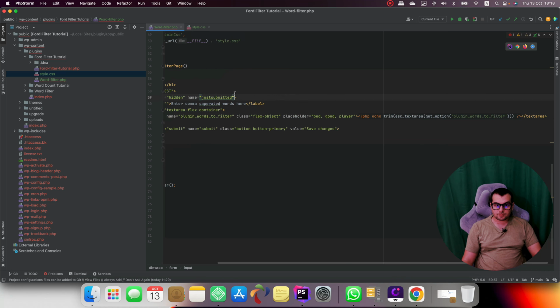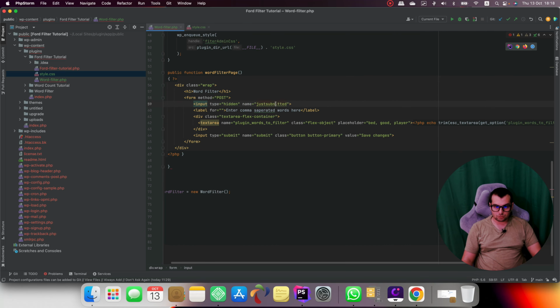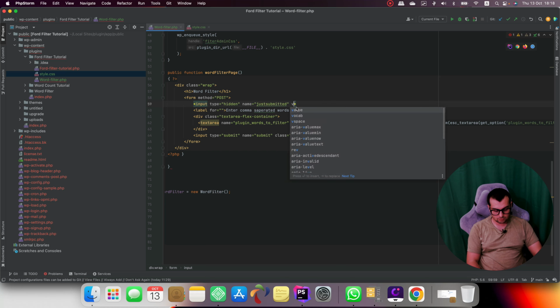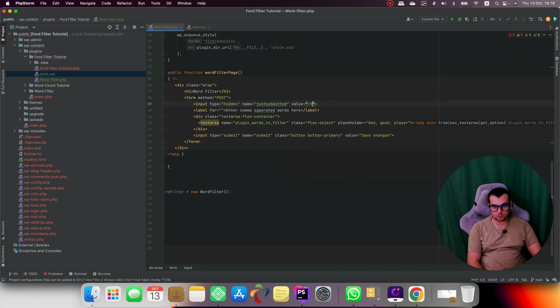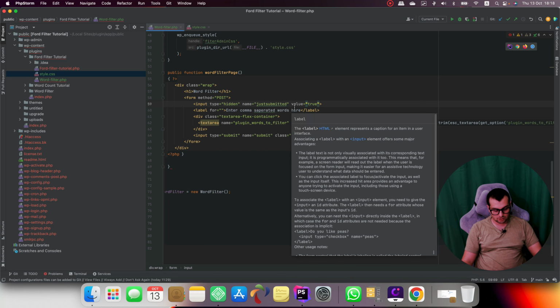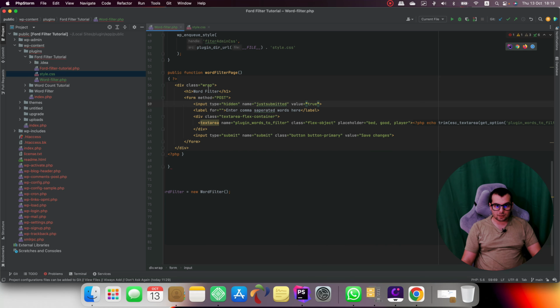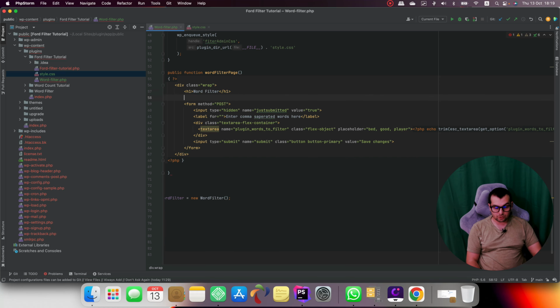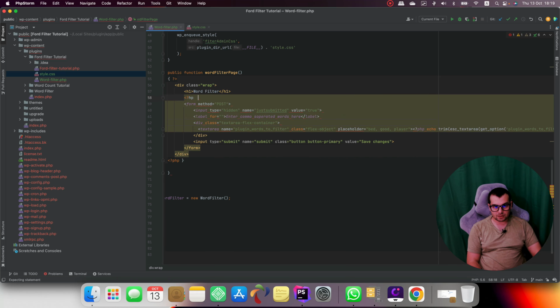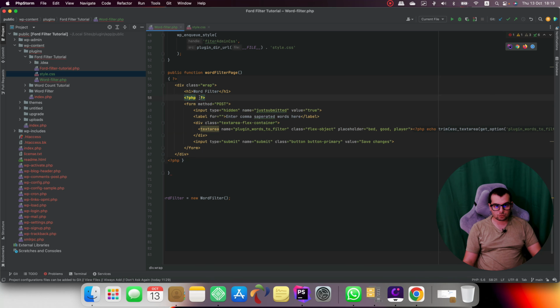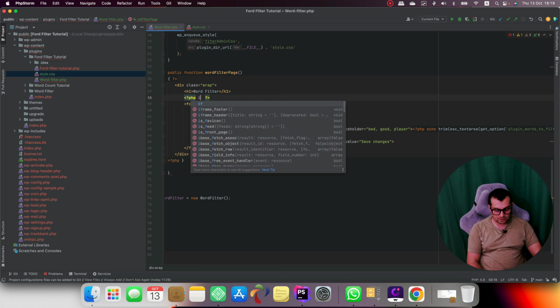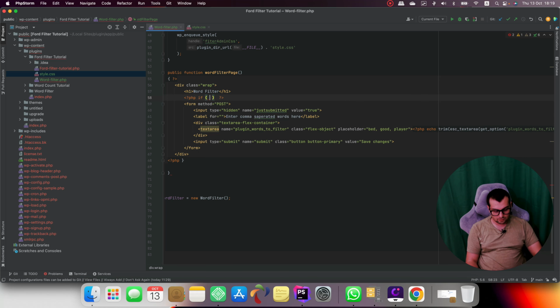And I'm gonna give it a value of true, just so we can post something and not get an error. And right above our h1, I'm gonna open my PHP tags and then close them. And here I'm gonna use conditional logic. So I'm gonna check if we have posted,